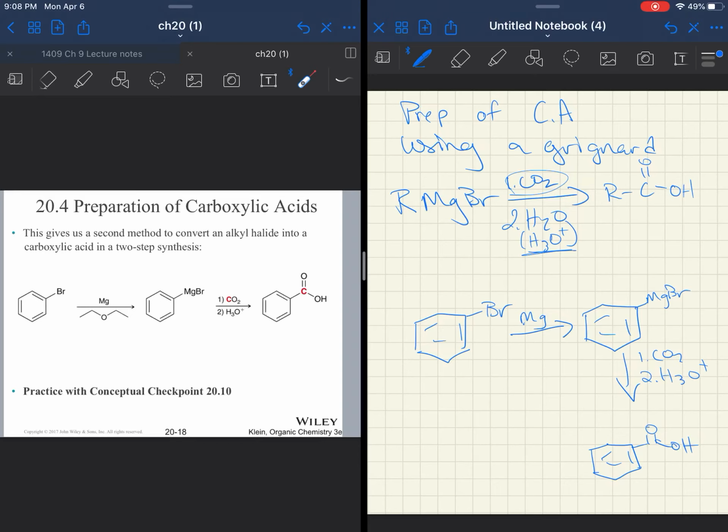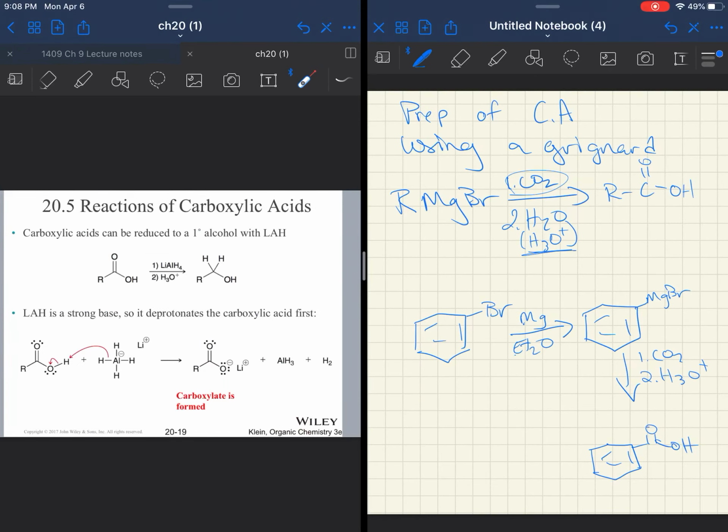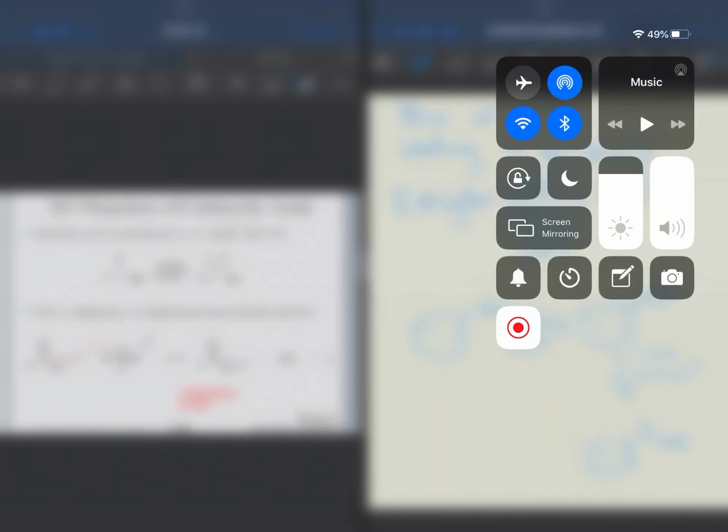Now, you will see ether here. That's the solvent. You just want to make sure you have an aprotic solvent. Ether is really unreactive, and it's a very common solvent for Grignards. If you write it, if you don't write it, it's fine. Et2O is the same thing as this over here. I'm not concerned if you write the